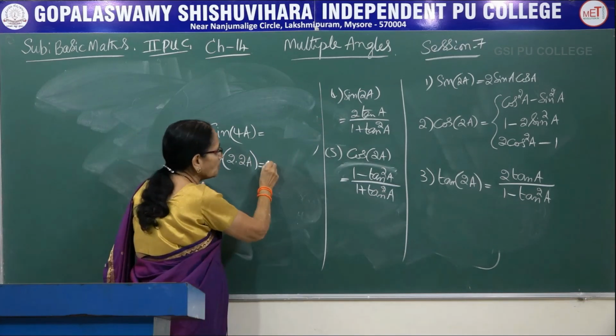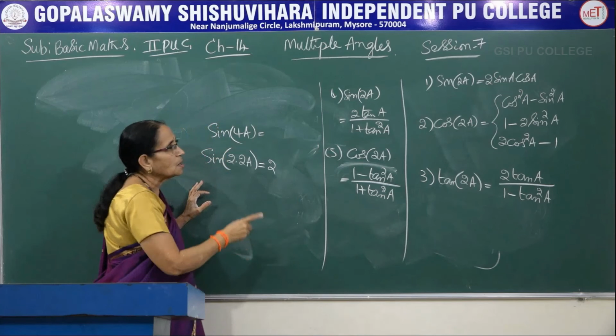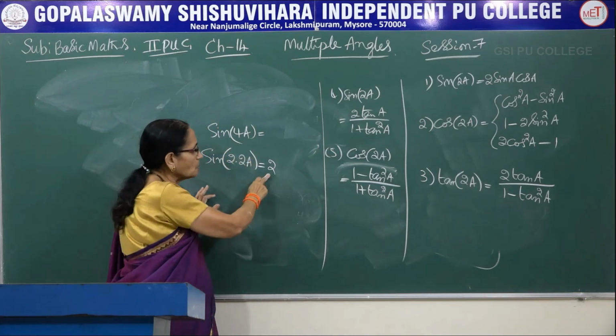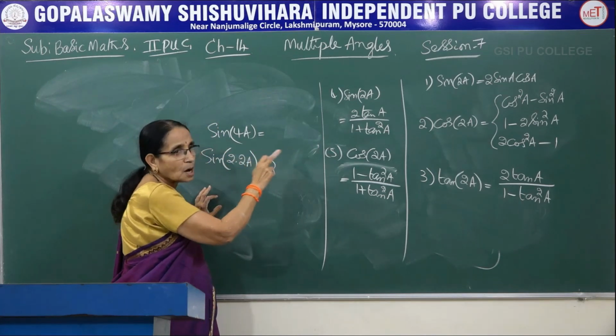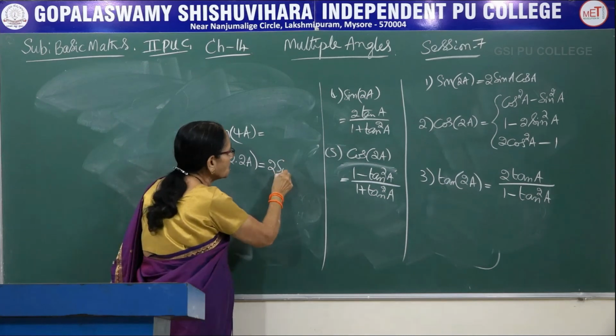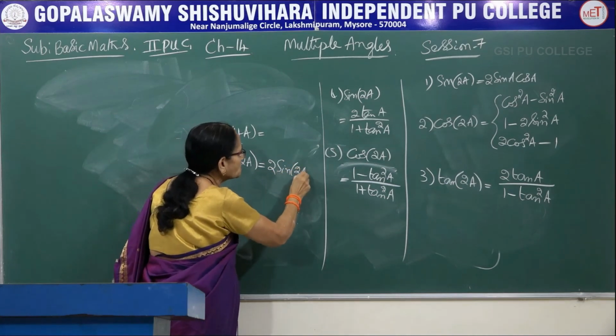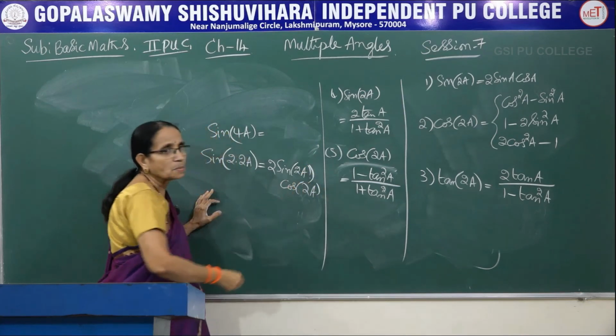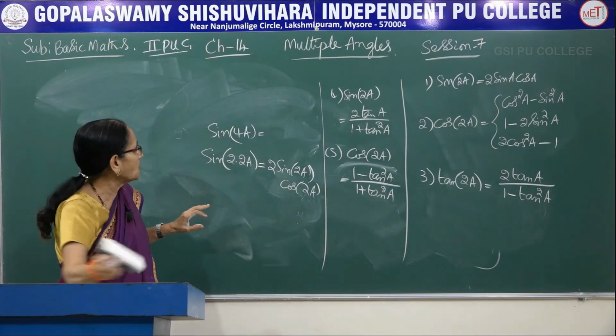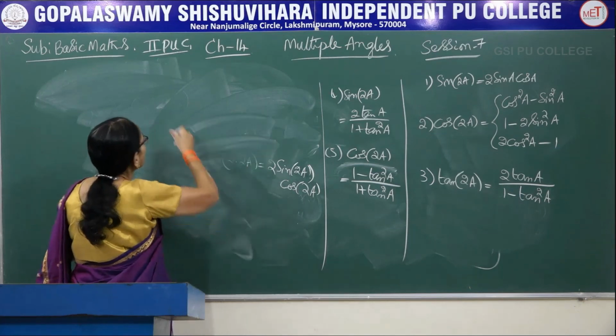Go to the first formula. What does it say? If 2a is there, 2 is common here, sin a cos a, half of that one. So, I can write it as 2 times sin 2a into cos of 2a. Isn't it? Suppose I am having, let me consider sin of